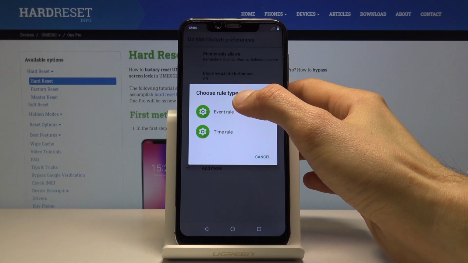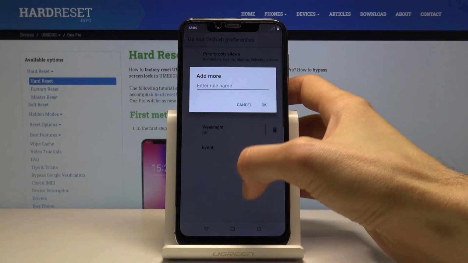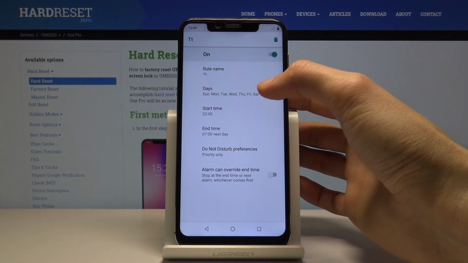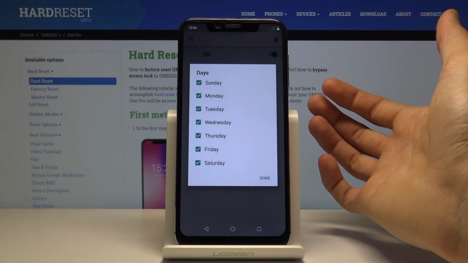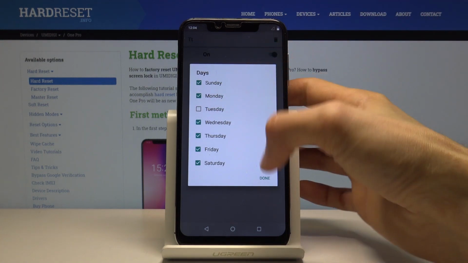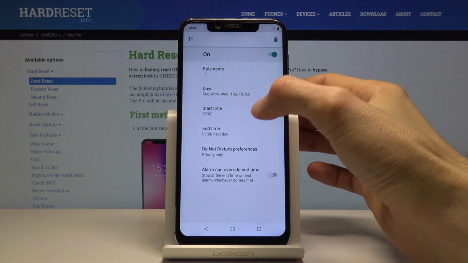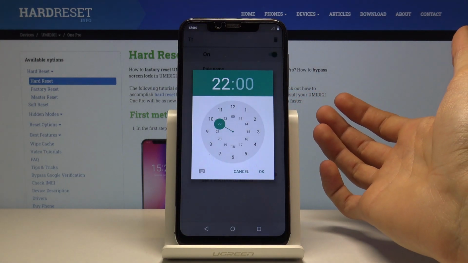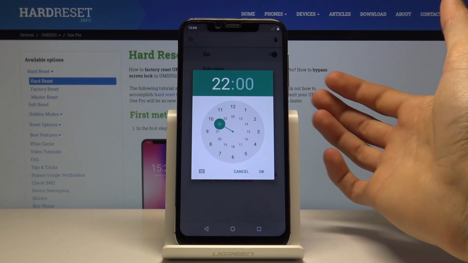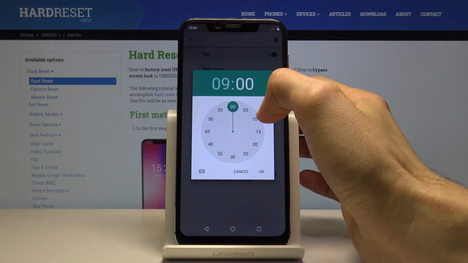So we can tap on add new one, and for instance time one, name it whatever you want, and number one, you start off by choosing the days of the week that it will be working in. So select or deselect the ones that you don't want. Then you have start time, so let's just say I'm gonna make a kind of 9 to 5 schedule as a work one, so to go 9